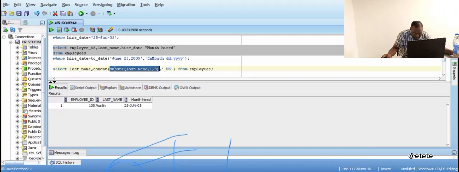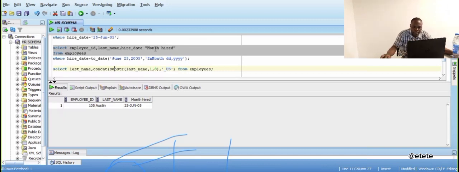The whole of this one is argument 1 for concat. Then the whole of this side is argument 2 for the concat. But this argument 1 of concat is also a function that is going to perform an action. And based on the rule of nesting, the innermost program must execute first before the outer program will